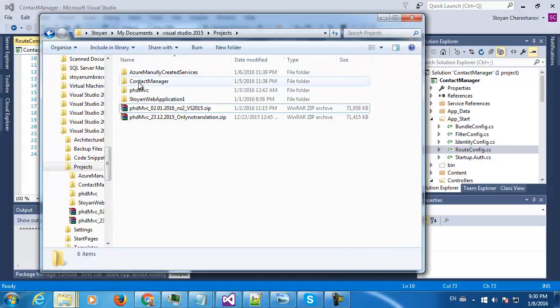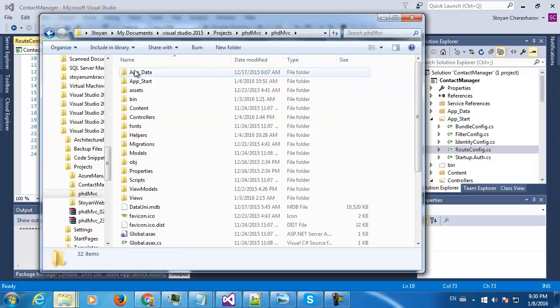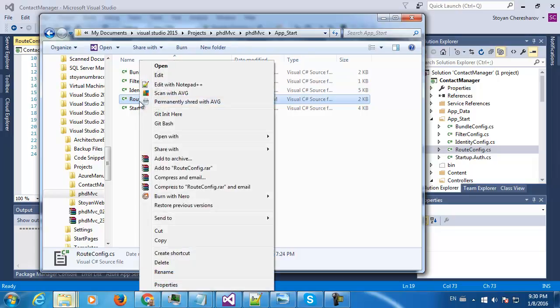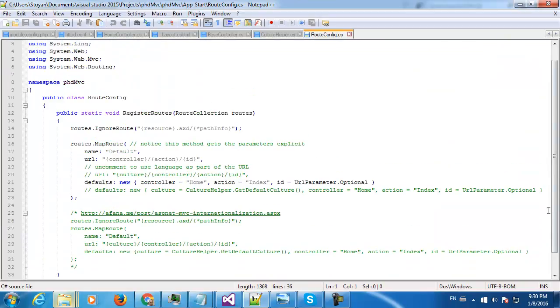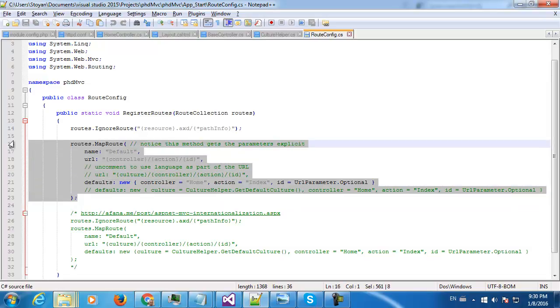Okay, let me go here in this project, App_Start. Let me copy the RouteConfig and show it to you, so I'm not just talking like that. Okay,